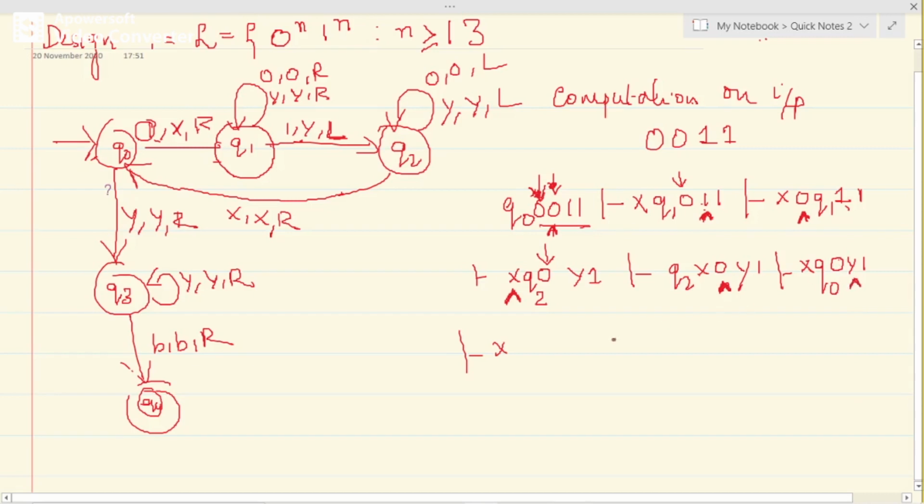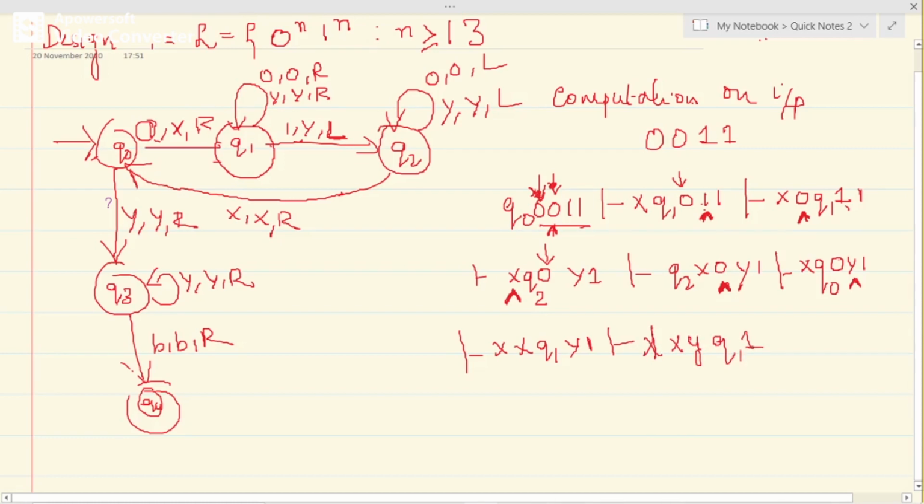The read write head has to be here. So let me write Q2, this 0 will be replaced by X, and taking a right move, that means to the next character, before Y, is the state. What's the state? Q1 Y 1. What is Q1 on Y? Q1 on Y, no changing of the Y, but just moving to the next character. So X and then Y.